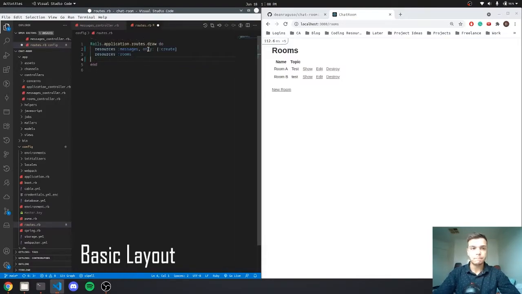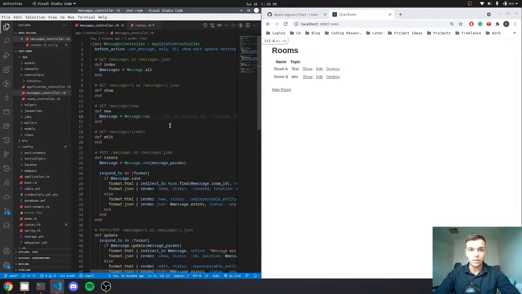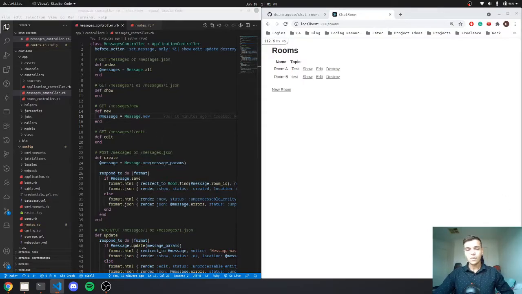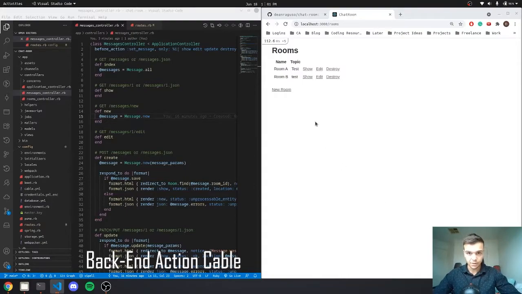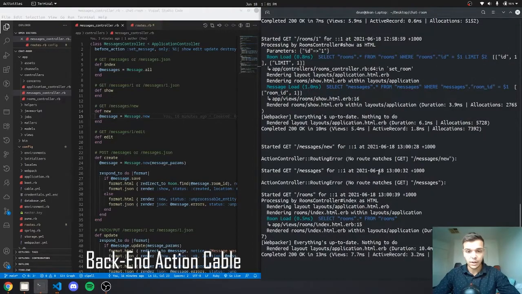Okay. So we're pretty much ready to get on to the next step with the use of Action Cable. So this is kind of cool, and this is where a lot of the work actually goes into getting this configured. So Action Cable has JavaScript parts, but it also has Rails parts. So we're going to configure all the Rails parts first and then the JavaScript parts. So the very first thing that we're going to create is we're going to close down the server,